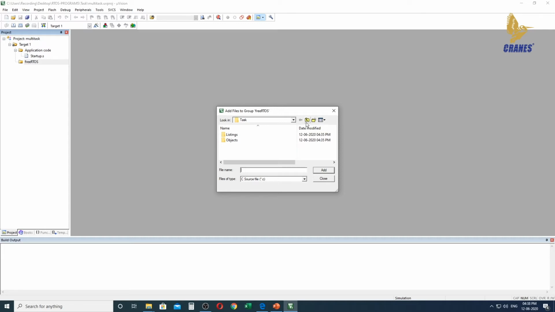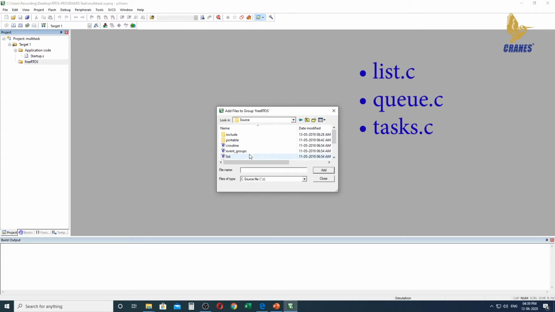Now we can go up and select, under This PC, the C drive. Under C drive we have FreeRTOS version 10.2.1. In your case it may be a different version, so no need to worry about that. You can get into this particular folder, and after getting into that folder you will get two more folders. Under that you can click on FreeRTOS, and under FreeRTOS you can get into source. Under source you will have n number of files.